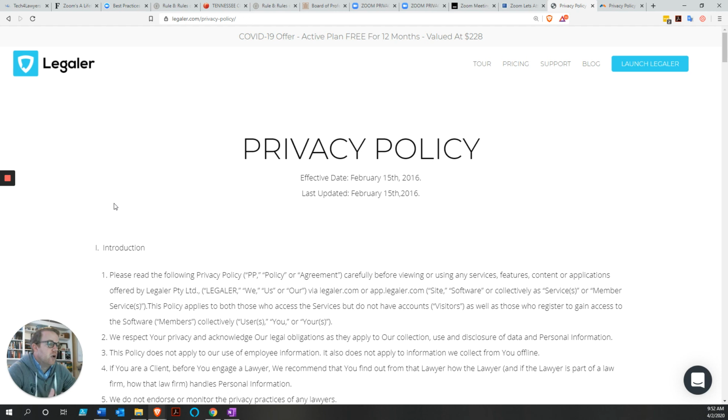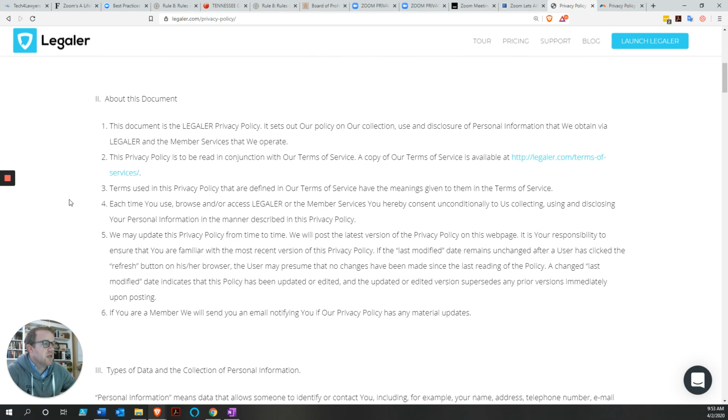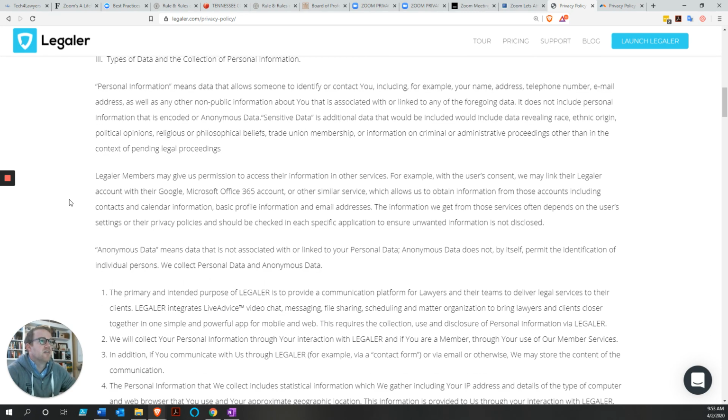I don't think that it's necessarily going to change anytime soon, unless they roll out some new services or some new products, and that would be an understandable change to the privacy policy because they would have to tell you what they're doing, what some of their new things are doing, and all that. The first thing I noticed actually in reading this policy is that the tone is a little bit different. It's a little bit more helpful, and you would expect that because they're talking to attorneys here. They're trying to say, hey, this is a safe thing to use. But let's go through and see what types of data they collect on us.